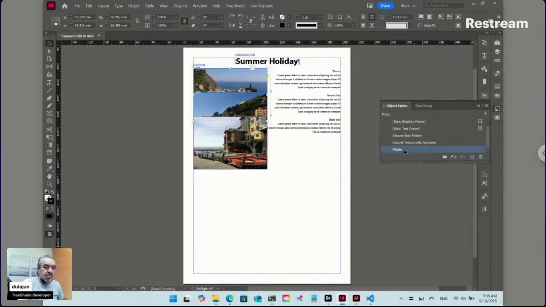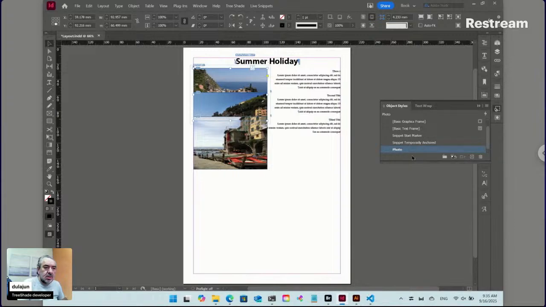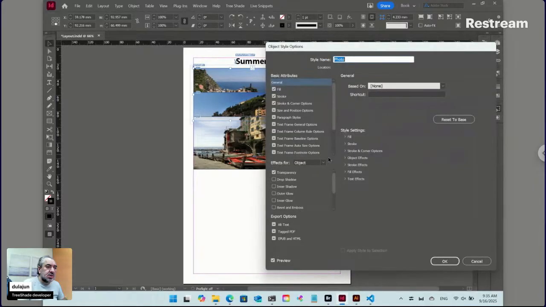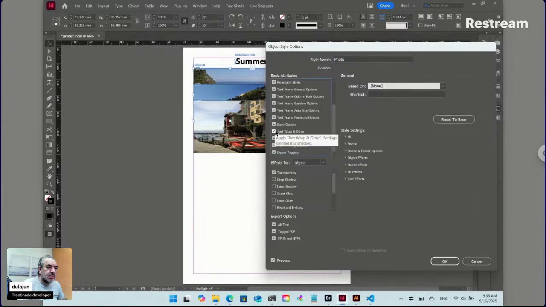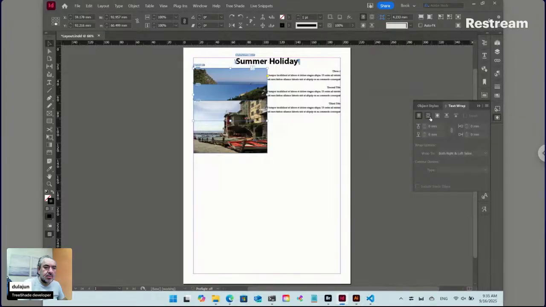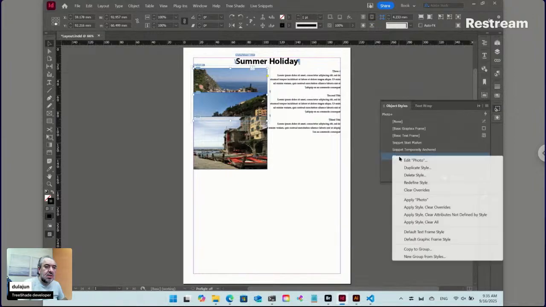Right click and select... why it's not modified here? It must be okay, because maybe the text wrap is not checked here. So text wrap and other check. So now it's again. Now you can redefine,